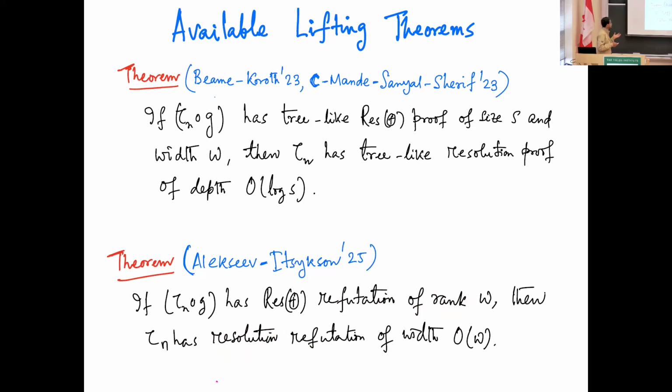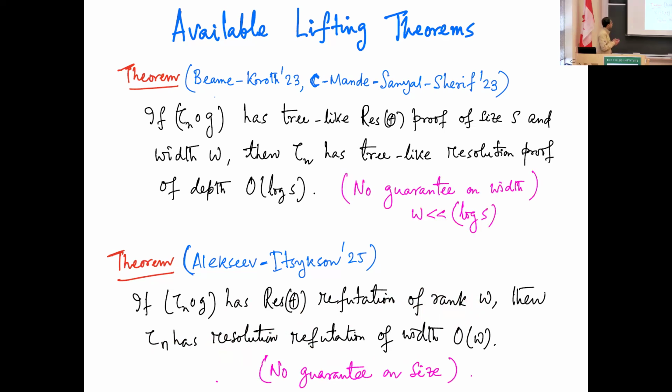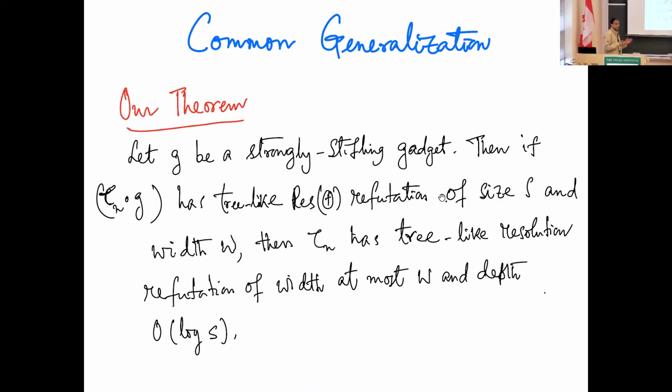Now, can we use these two? There are two lifting theorems, slightly different in flavor, but they both suffer from one common weakness. The first one, although I stated that the width of the Res(lin) proof was W, paid no attention to the width. So it may not be width preserving. When you extract a base proof, the width of the proof might blow up. Especially imagine this log S, where S was an exponential or doubly exponential function, and then the width could have been much smaller. So you get no meaningful bound on width when you extract the proof in the lower system.